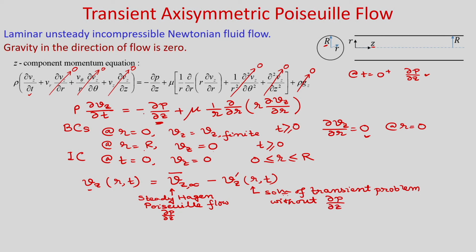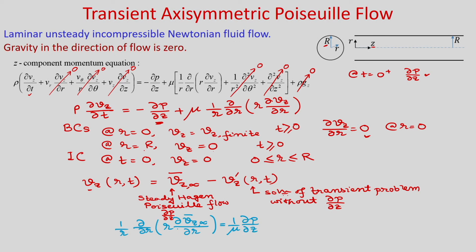So, you can see that from here, if you impose this, you will get two equations. I am not going to solve it, but if you put del Vz by del t and put it here, and this term, then you are going to get two sets of equations. So, one is for the steady state problem. You will get this problem as 1 by r del by del r of r del Vz infinity bar, so this is the steady state velocity profile, by del r is equal to 1 by mu del P by del Z.